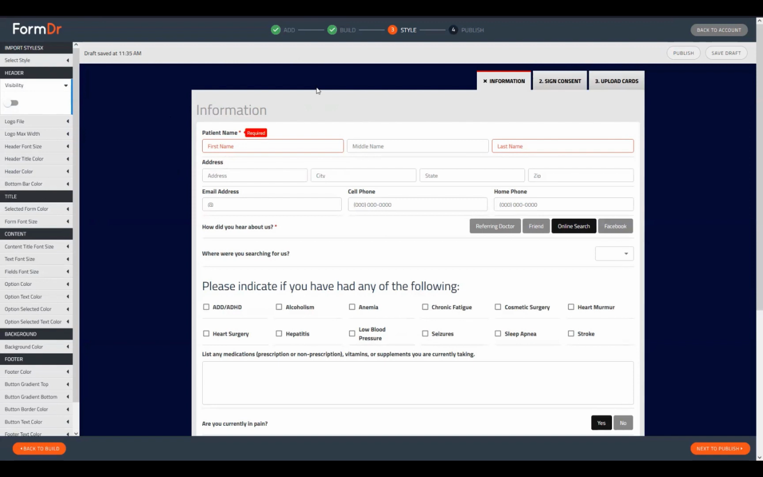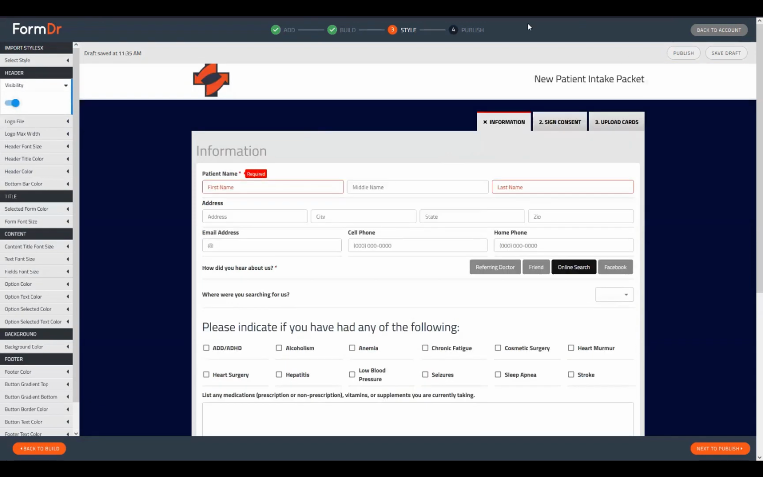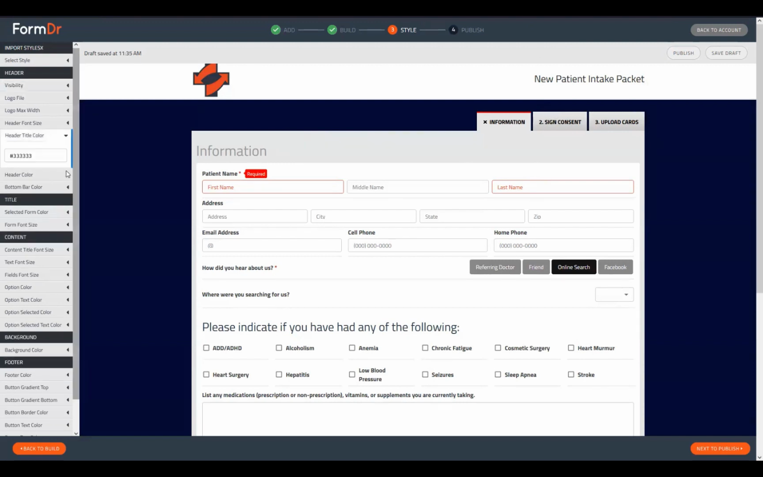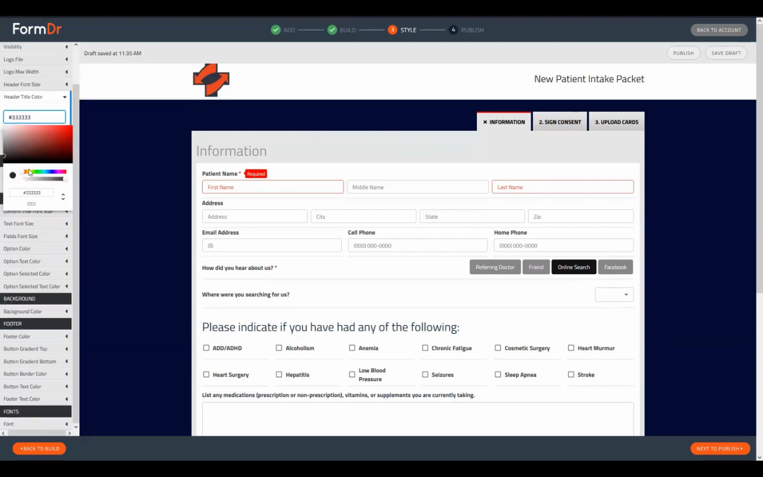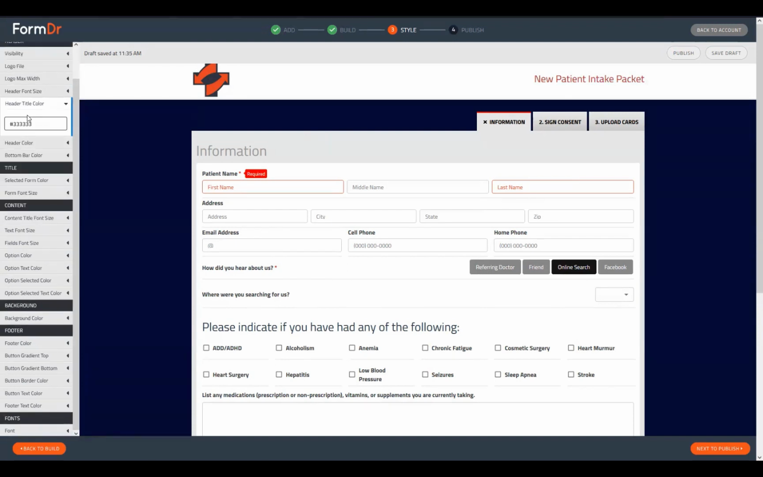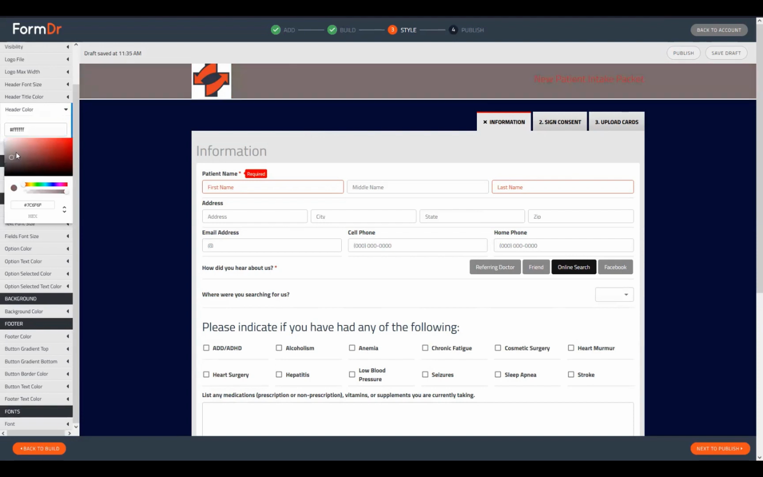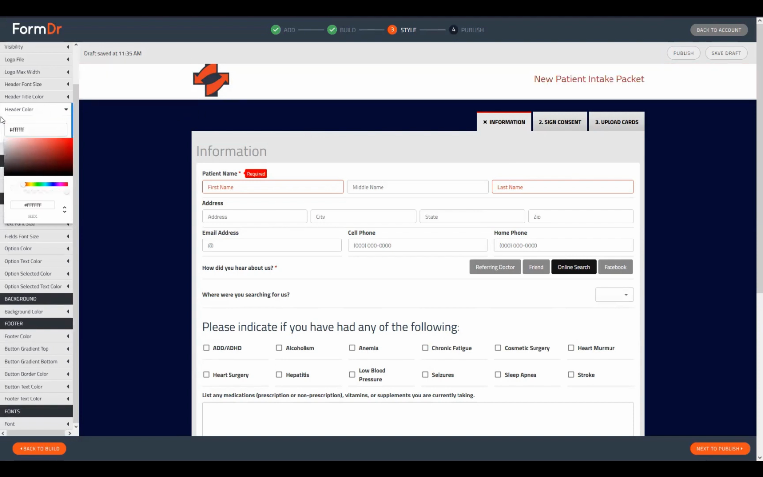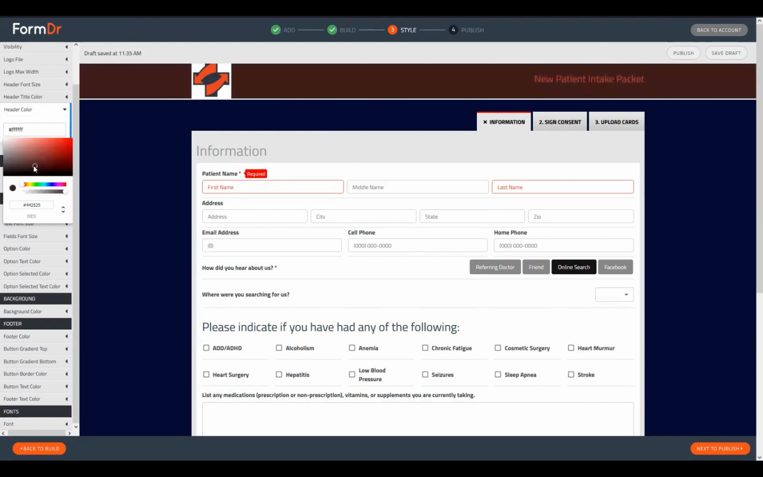Unless you have multiple packets that you're linking there, then maybe you want that packet title included. You can also update the title color if you want this to be something different. If you do have a background color on a logo file that you would like to match, then I would just recommend changing that header color to something different, as we have a white background on ours, so we keep that white background. But if yours is something that you would like to match so you don't have that square